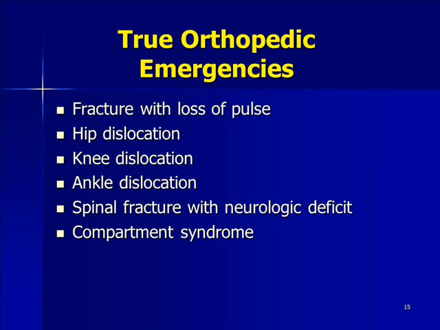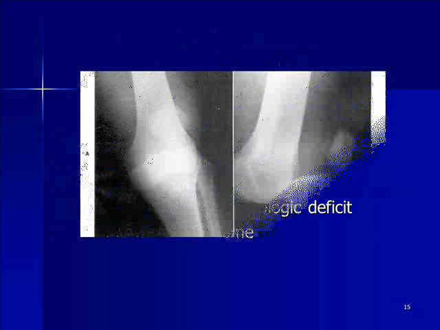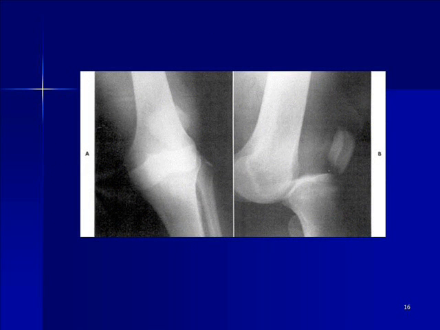This can lead to, in some cases like hip dislocation, avascular necrosis, and in other cases, severe osteoarthritis after repair, and sepsis, of course. Spinal fractures with neurological deficit and compartment syndrome are also orthopedic emergencies. These X-rays show a dislocation of the knee,